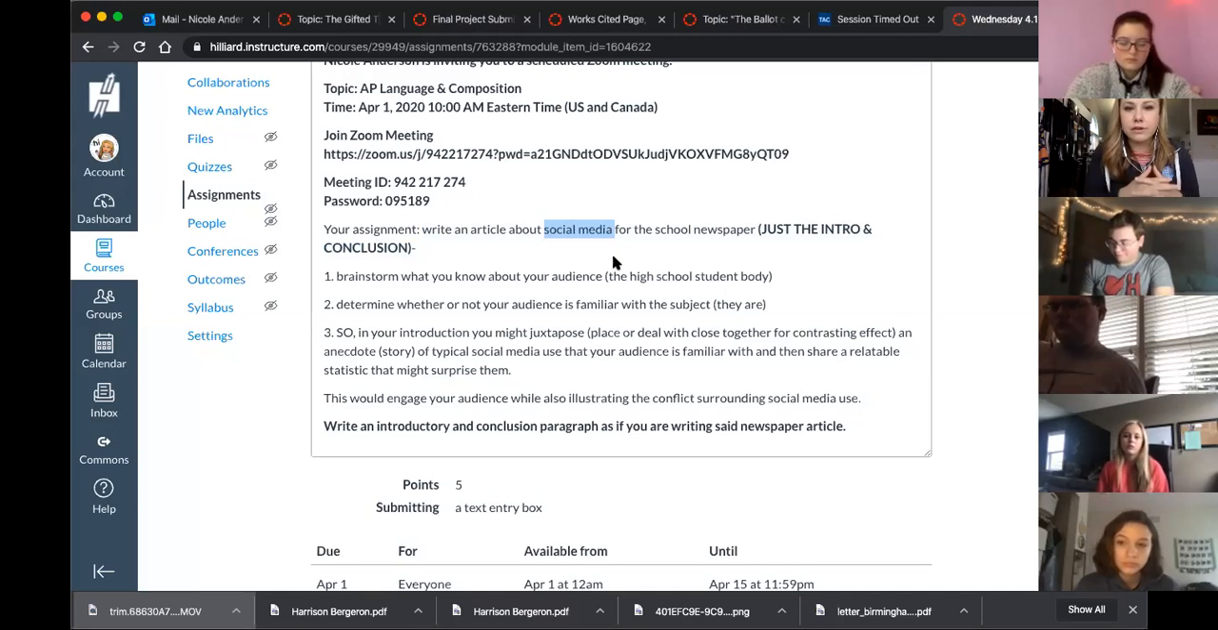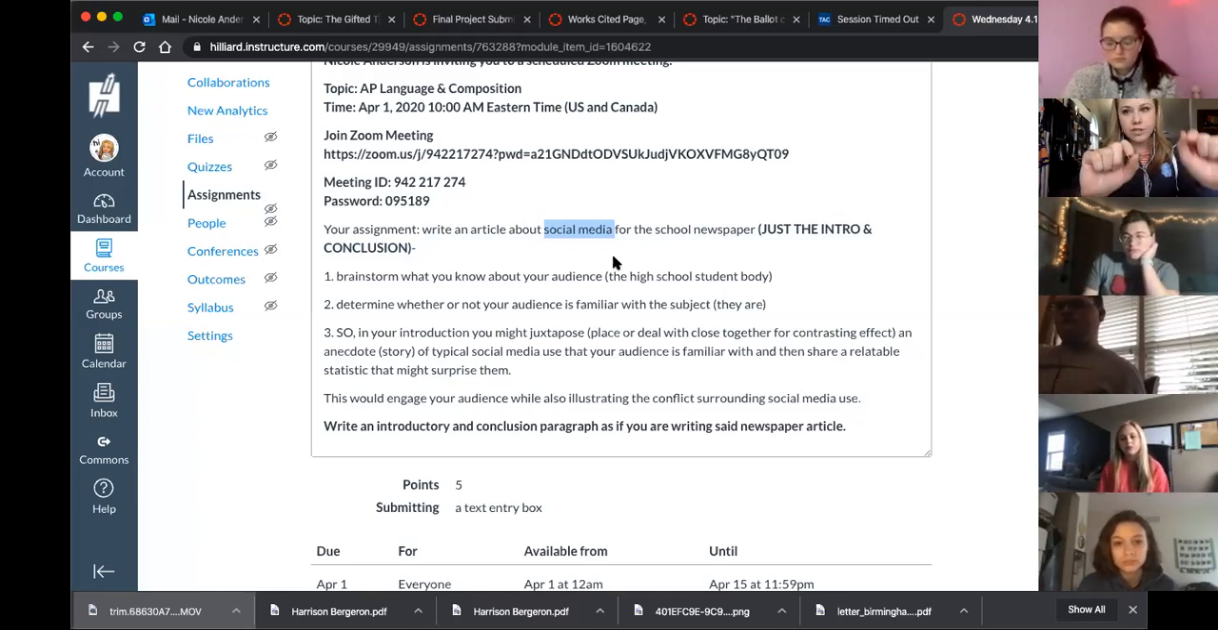And then third, your introduction might juxtapose, and it doesn't have to. Juxtaposing is placing or dealing with close together for contrasting effect, right? Different things, an anecdote or a story of typical social media use that your audience is familiar with, and then share a relatable statistic that might surprise them. So this is not what you have to do, but this is giving you an idea of how, when there is a subject that your audience really knows a lot about, you can still make it interesting, by saying, you know,